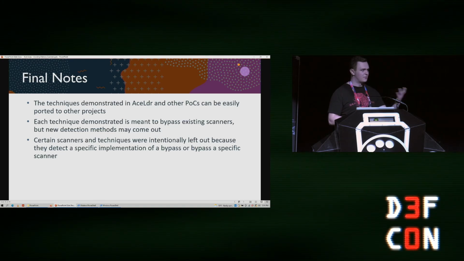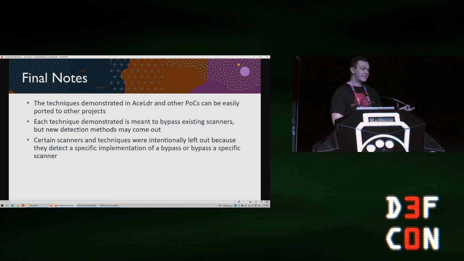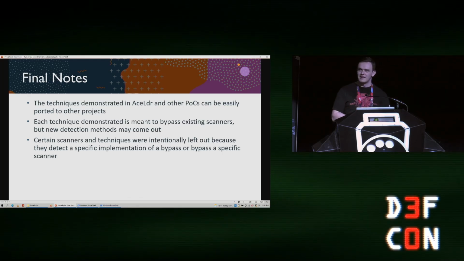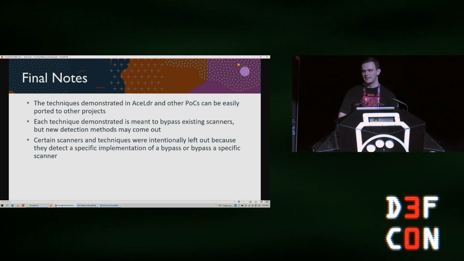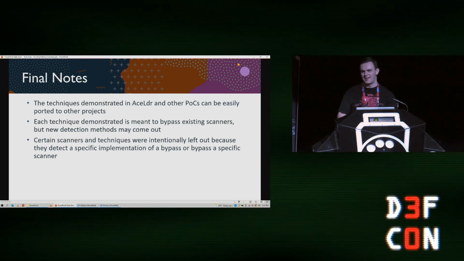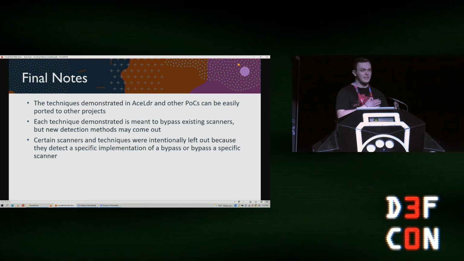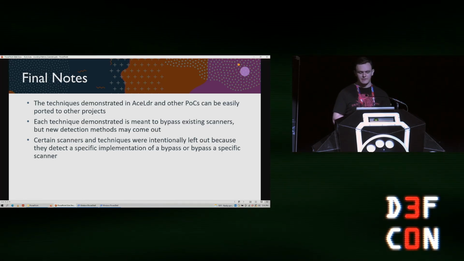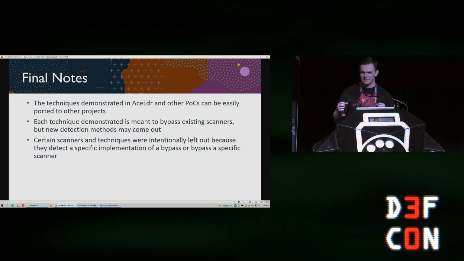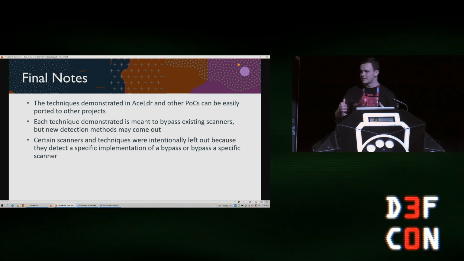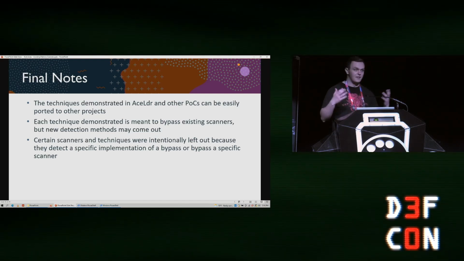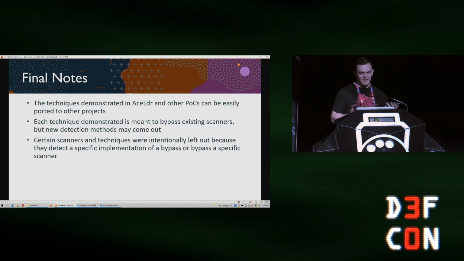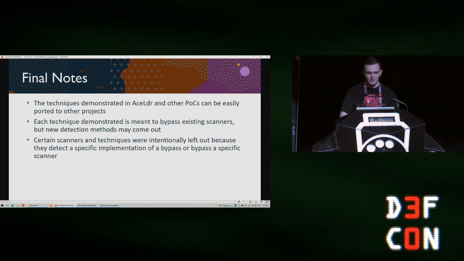I already mentioned that the tool Patriot came out a couple weeks ago, and that detected it because it was looking for Foliage specifically. So there's no guarantee that you're going to evade these things forever. The goal was to look at these really established scanners like PE-sieve and even Moneta and all of the YARA rules that are being used more commonly and don't tend to generate a ton of false positives. So looking at these things and figuring out how we can generically bypass these without just breaking small signatures. All that being said, there's no reason to believe that there's not going to be another scanner that comes out that detects one specific part of something we do maybe. But that being said, I might try and come up with a bypass for it as well.